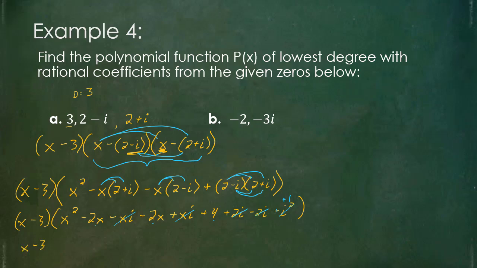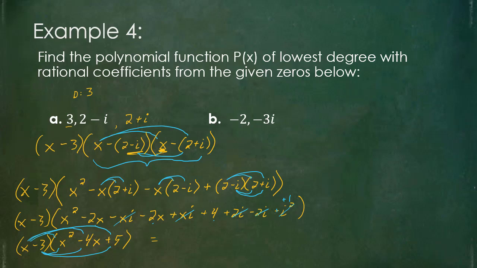So I've now got x minus 3 that would multiply with this quadratic of x squared. Negative 2x and a negative 2x is negative 4x. And then the positive 4 plus 1 from the i squared at the end would give me a positive 5. And so now distribute those two out, and what's nice is because I chose the conjugate pair to start with, as far as my product is all of the i's have now gone away,